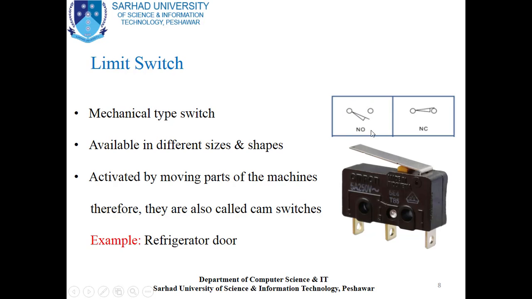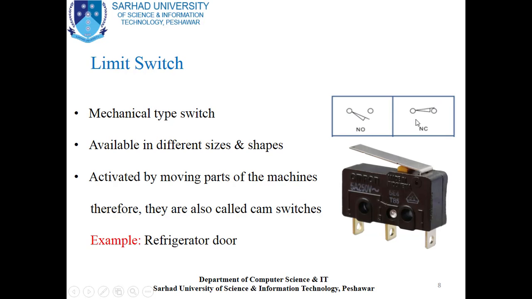This diagram is normally open, which is represented by NO. N means normally, O means open. So this is called normally open. Here you can see the contact which is open by normal condition. So we can call it normally open.